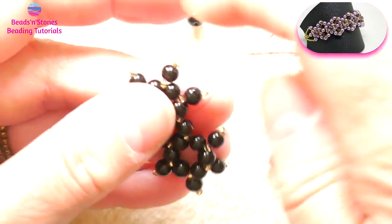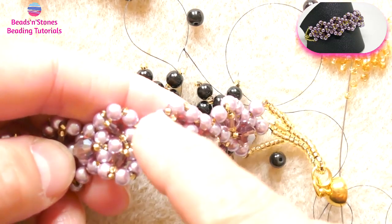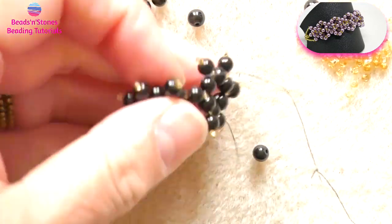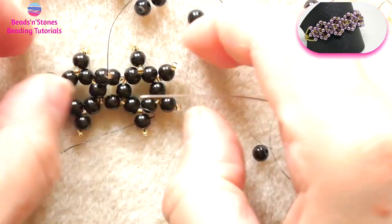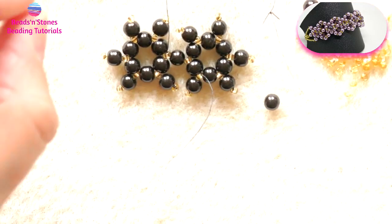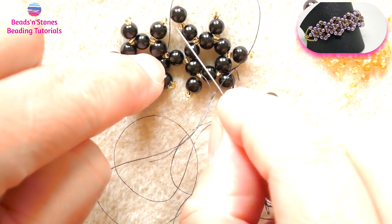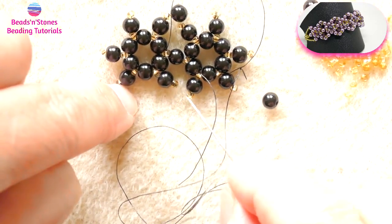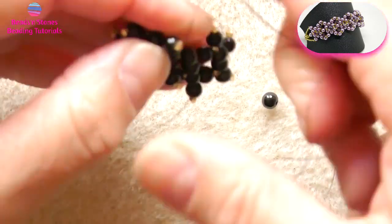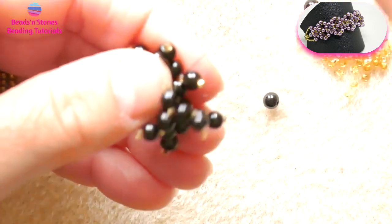When you have your desired length, I'll show you how we close the gap in between two consecutive units. When our units lie flat like this, we add one pearl in between these two and these two. So this is the way we do it. For this we move our thread up through one of the spikes,